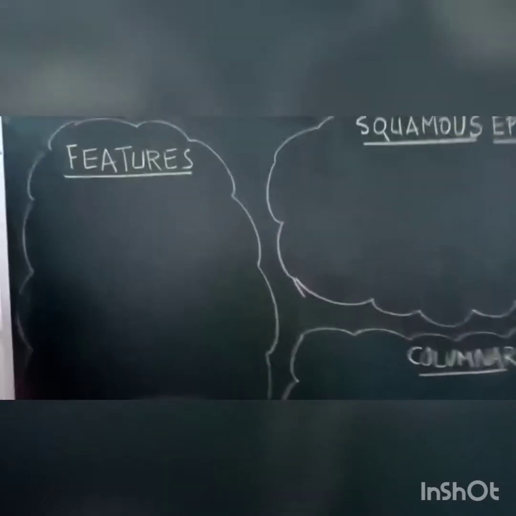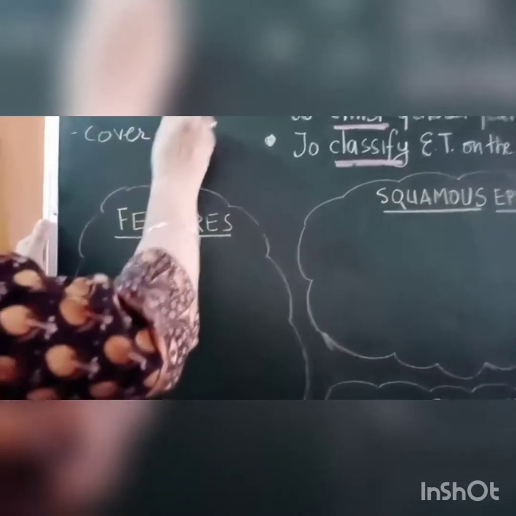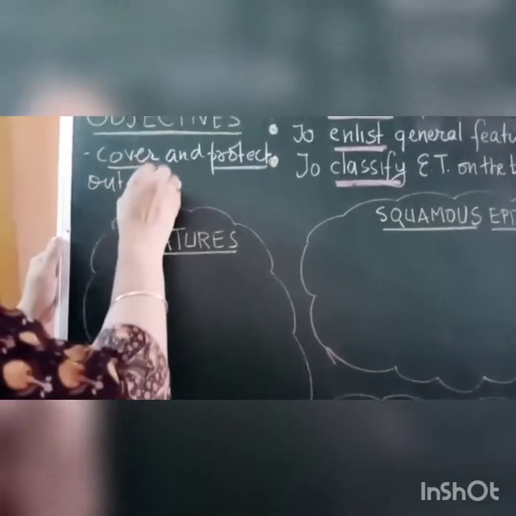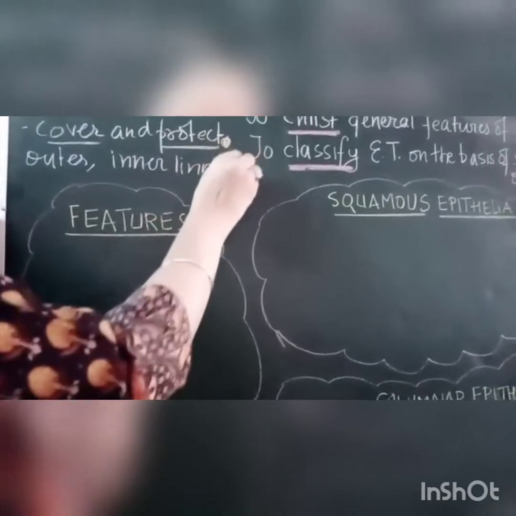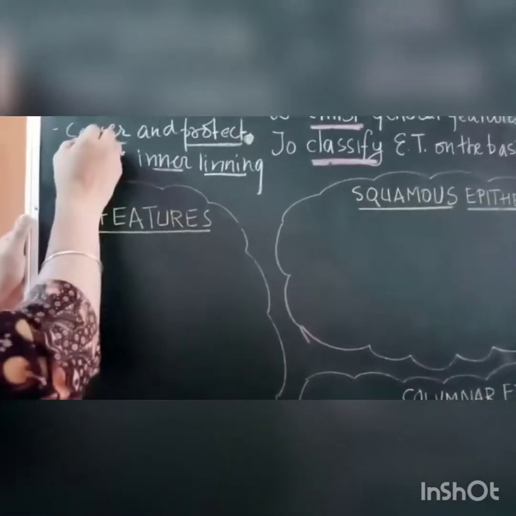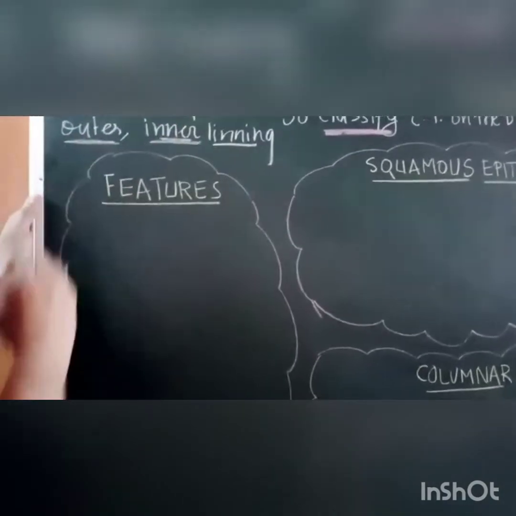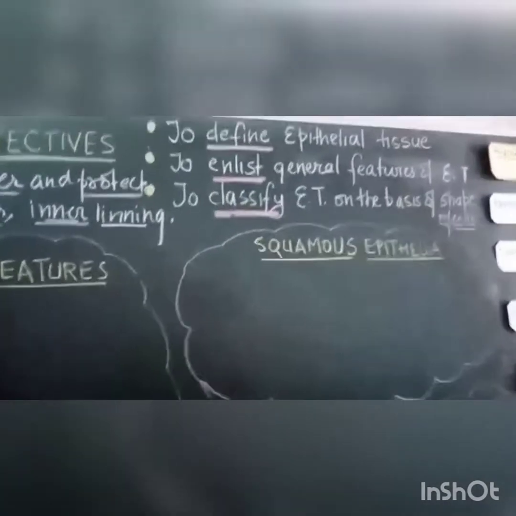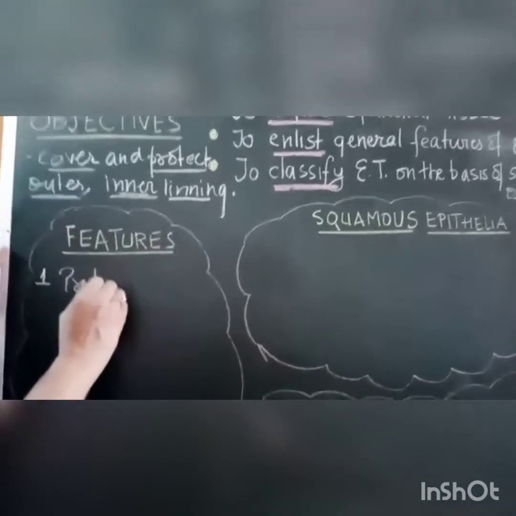The tissue which is present in our body that covers and protects our body surfaces from the outer side as well as the inner lining is called the epithelial tissue. So that which covers and protects the outer side as well as lines the inner lining of the body is called the epithelial tissue. So the first main feature is it's a protective tissue